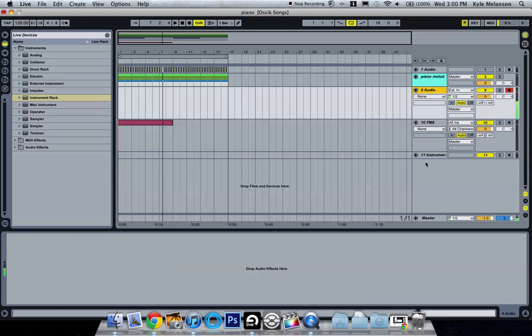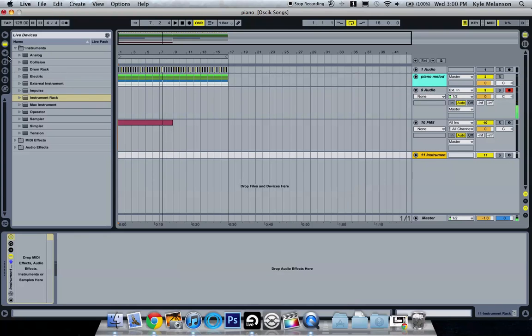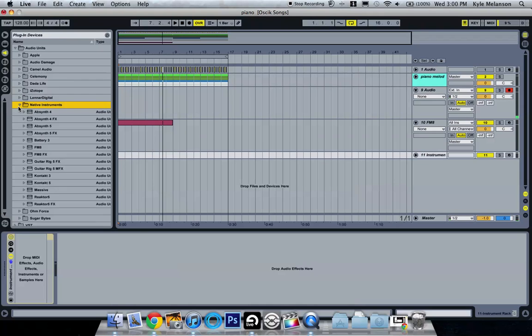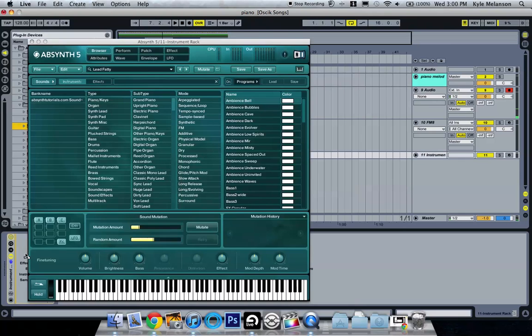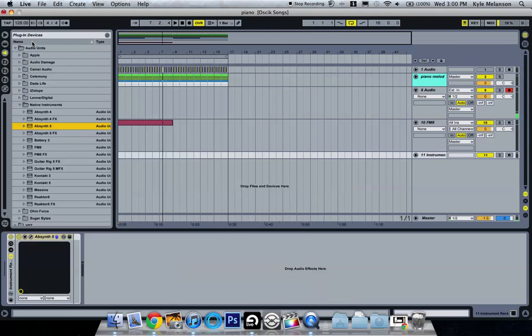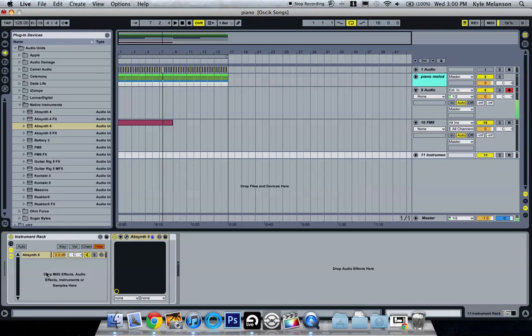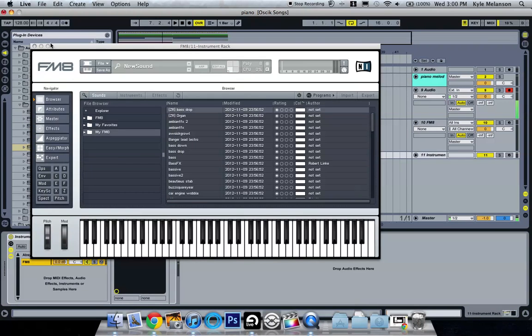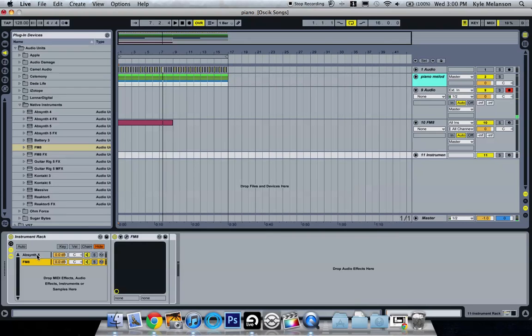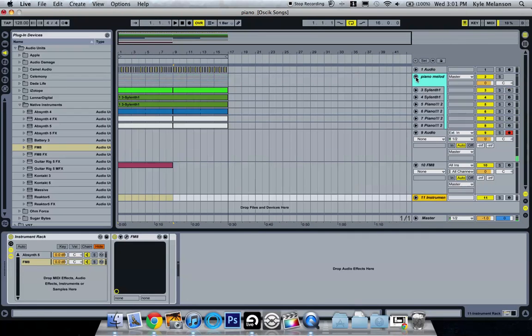Sorry. So now that we have the instrument rack on there, we can go to our plugin section and drop a plugin. I'm doing Absinthe 5 for no particular reason. And now if you click this, you can actually stack synths on top of each other. So if you click there, you got Absinthe. Here you got FM8, and let's just